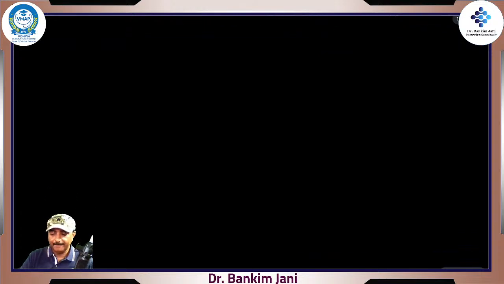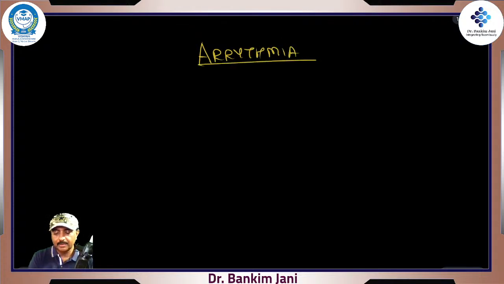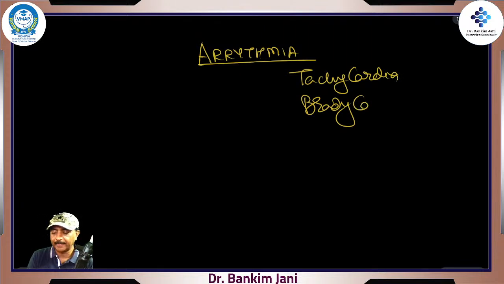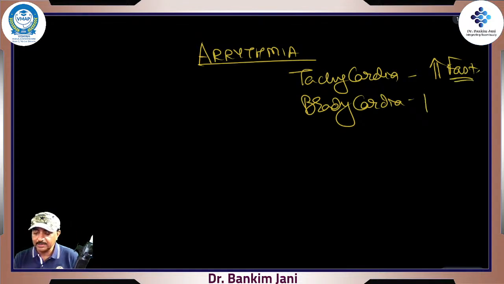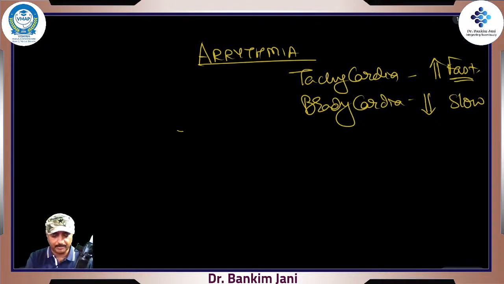Now see, arrhythmia. Arrhythmia means what? The heart is beating in a very synchronized way. There could be tachycardia or bradycardia. Tachycardia means the heart is beating, but faster, just a fast beat. Bradycardia, the heart is beating slower, a slow beat, but the ECG pattern remains the same, a nice pattern which is constantly going on.